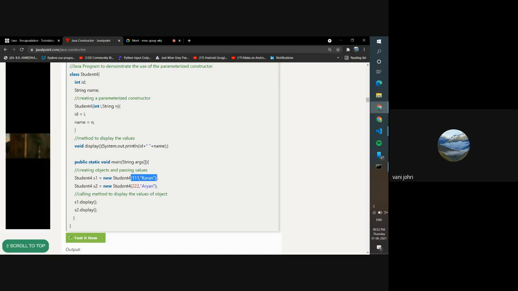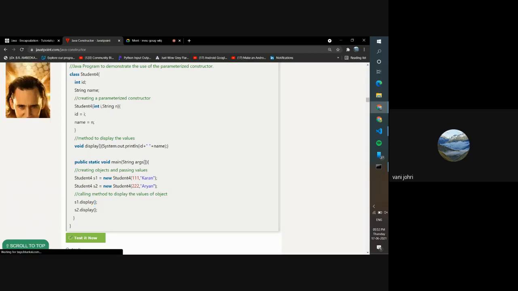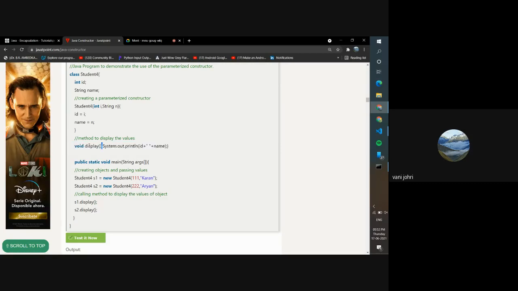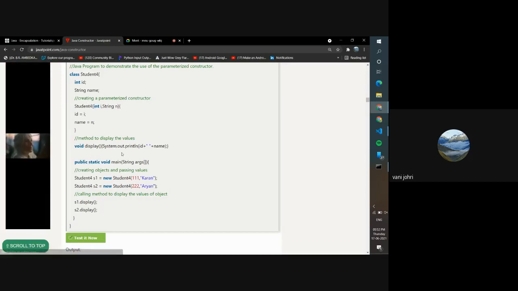These round brackets, which we even put after your display, are associated with methods and constructors only. Why? Because you put these round brackets over here, you write display and give these round brackets, and we are using these round brackets over here. We write student 4 and we have these round brackets. We use the box brackets with the array because when we are declaring an array, we use the box brackets. What do we use after class? We use these curly brackets, right? This is the easiest way to remember it. We are not using the curly brackets over here.